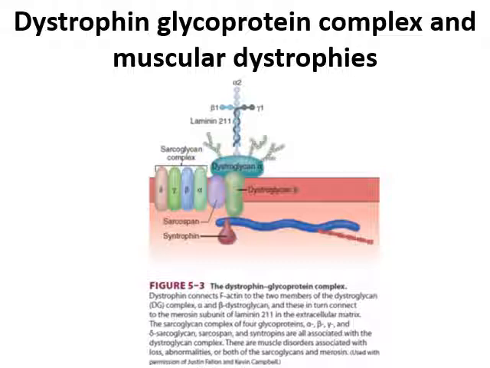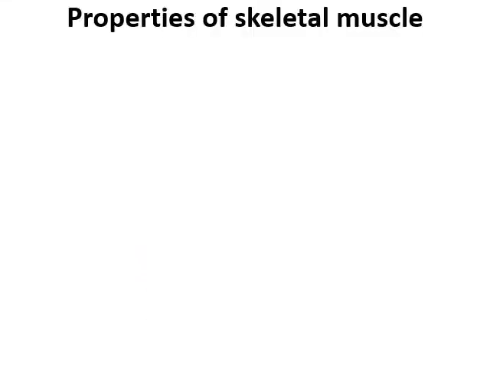So that was about the structural components of skeletal muscle fiber. Now moving on to the properties of skeletal muscle. What do you mean by property of skeletal muscle, or what do you mean by properties? Property of any structure or any component is its unique characteristic feature. Everybody has their own properties. In other words, how unique they are when compared to others, or how they stand out from the crowd. That's a unique characteristic feature or property of that person or that thing.